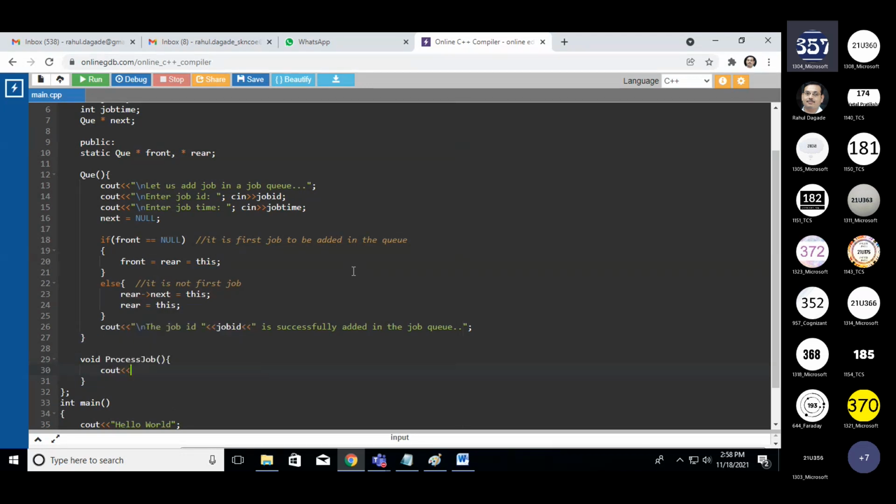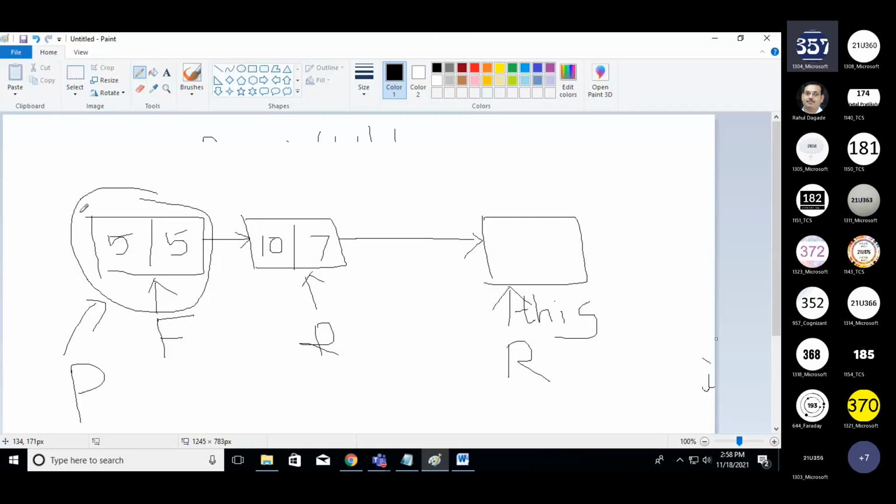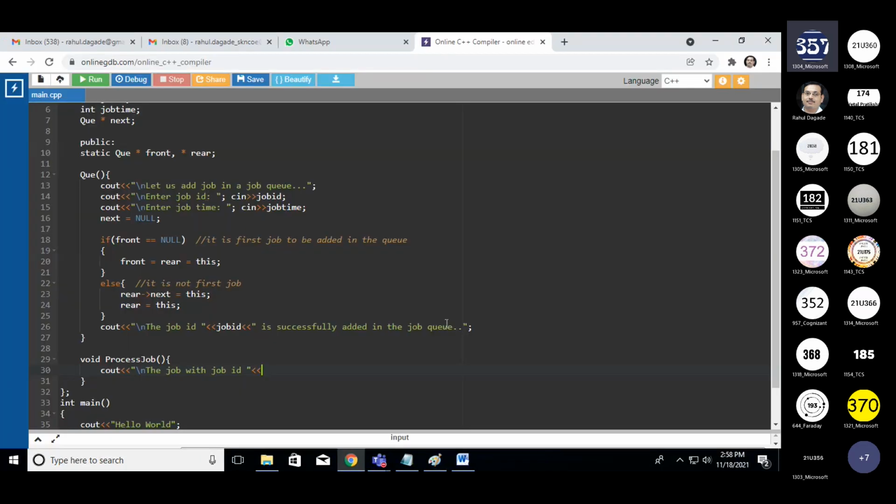So cout "\n the job with job ID". Let us take the job ID which we are processing. We are processing this job, and how to get the job ID? It is pointed to by front. So front's job ID means the job ID of this node. All right, so the job with job ID, that means front's job ID